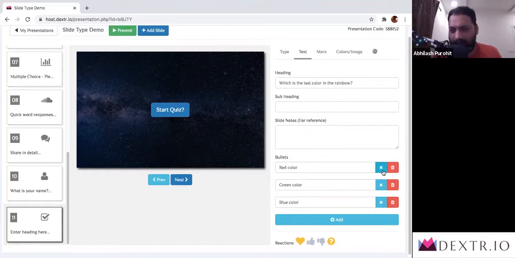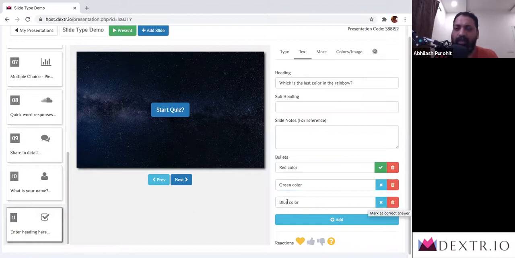So if you observe, right immediately to the left of the delete button, which is usually there, there is a blue cross mark. And if you put your pointer on it, it says mark as correct answer. If I was to click on this, this turns it green, which means that there is a right answer to this question. And that right answer is green, marked in green. It's called red color. Okay, this is the wrong answer. This is the wrong answer. And therefore they have put as cross.